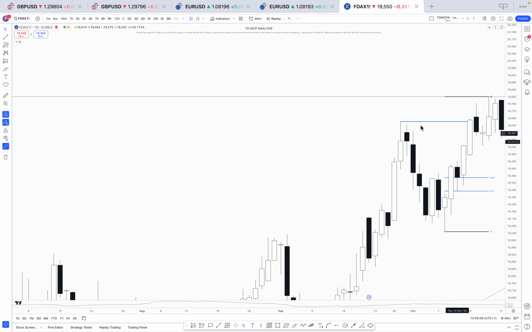We see that as the market's traded above here, we're basically gauging when a reaction's likely to unfold, right? So if we just ignore all of these bars and focus on the data that's available and relevant to today,